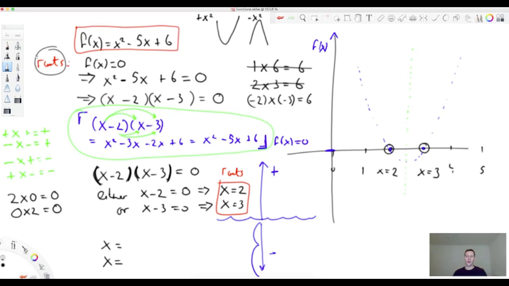Okay, so that's all I want to talk about for now about finding roots. In the next video, I'm going to talk about applications. So some real world applications of functions, or not exactly applications, but we'll think about them with a real example where x is something in the real world and f of x is something in the real world. Okay, so until